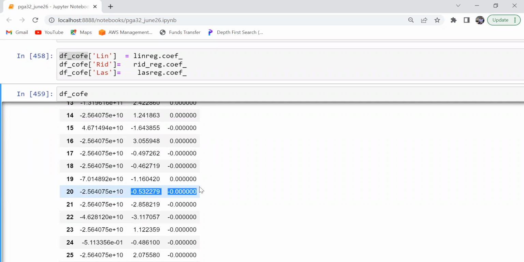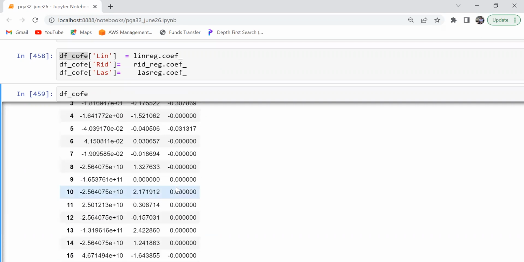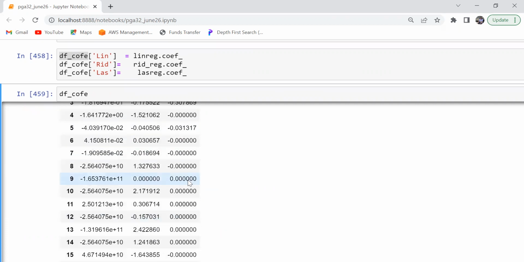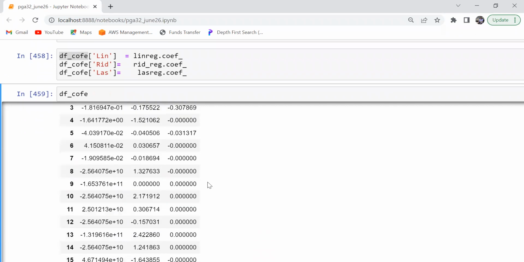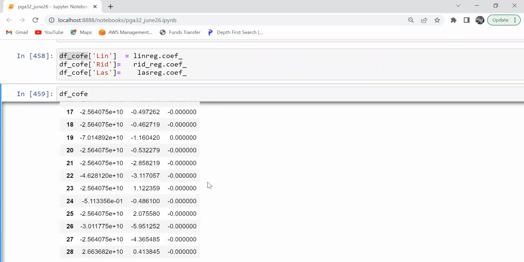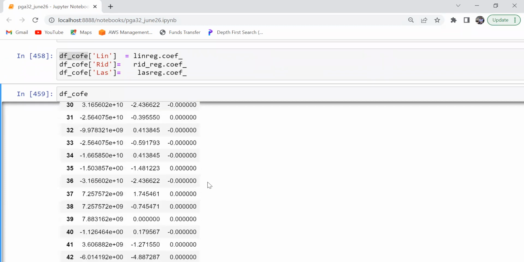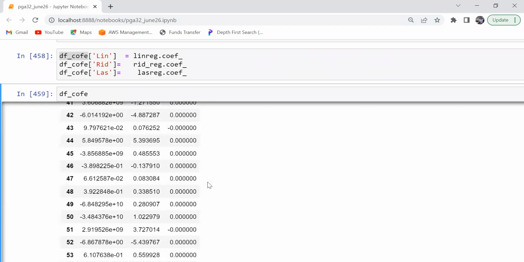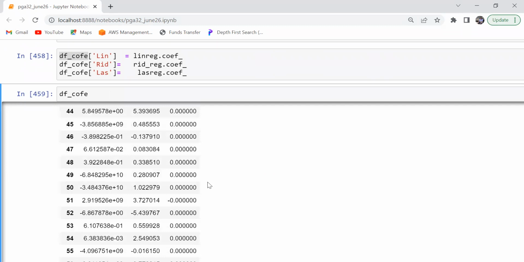Remember the coefficients, the beta values in your ridge and lasso get shrunk. Do you remember I told you? They get shrunk. In lasso they become exactly zeros also. So in lasso you see some values have exactly become zeros. And that is why lasso can be used for your feature selection. Can you notice so many values have become zeros? You see how many values have become zero. And both in ridge and lasso the beta values have shrunk.